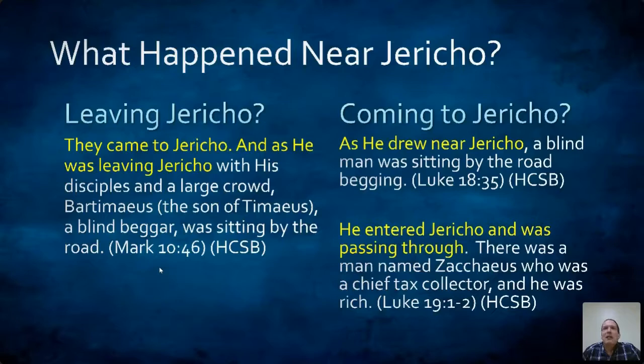Now that might sound a little far-fetched, a little ad hoc, a little grasping at straws to resolve the logical contradiction. I think there's a lot of ways that we could actually resolve this. And I think there's a lot of logical possibilities. But with a logical possibility, we're not talking about probability or likelihood. So the idea of two cities of Jericho side by side may not be the most probable idea, but it does resolve the logical problem. However,